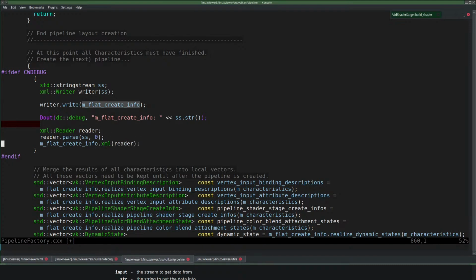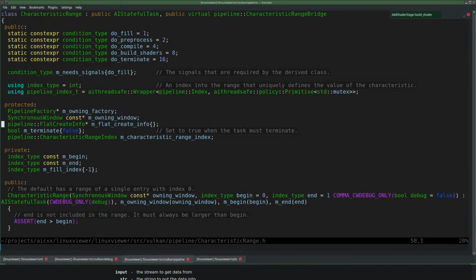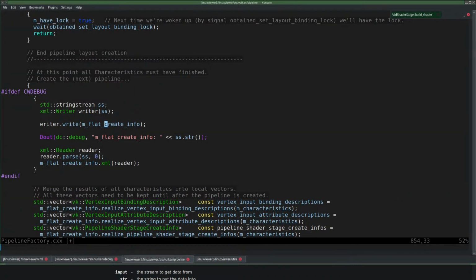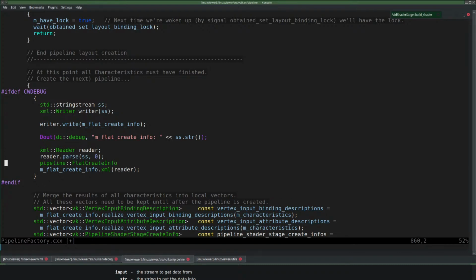I think that's why I didn't print anything. In fact, let me create a new object instead of overriding this one. So pipeline create info. But I am in pipeline. Just call it.